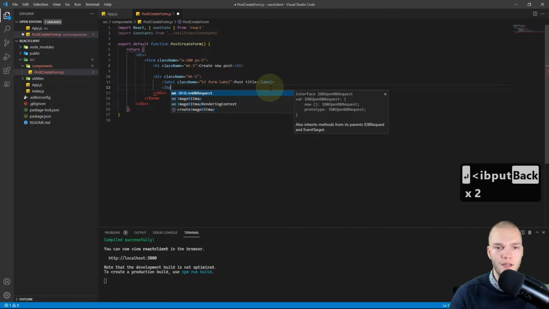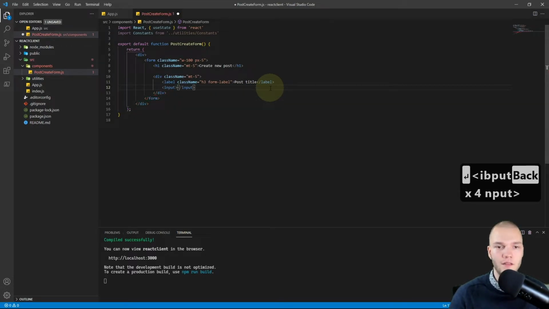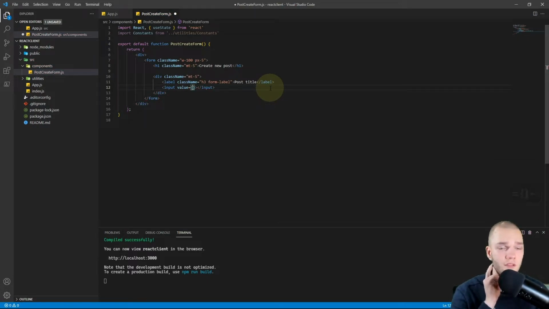And I'll also add an input, and I'm gonna set the value to something we haven't created yet, and the value is the content of the input field, so what the user gave in. But we also can set that from the code, and we will bidirectionally bind it to a variable in this post create form function.